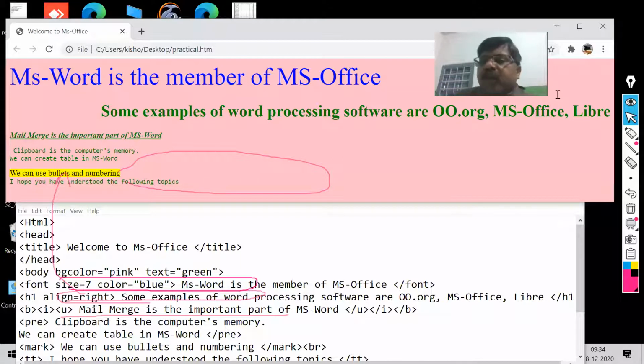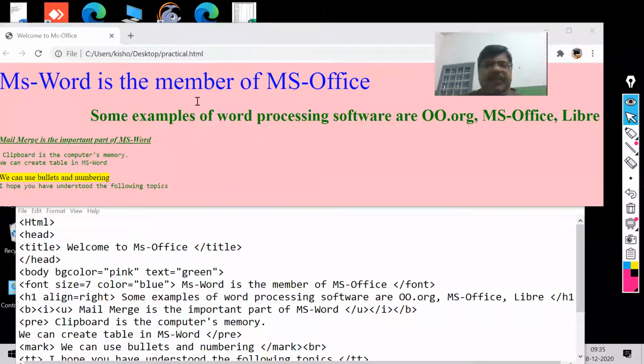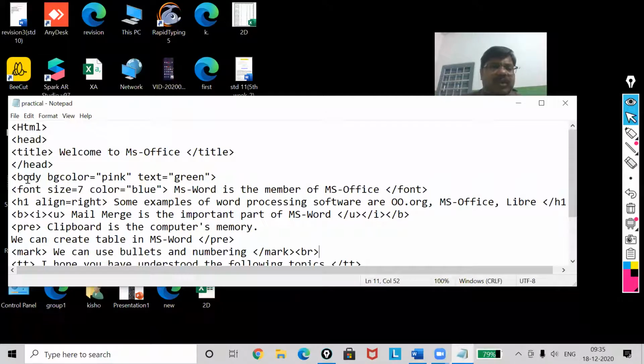Now I'm going to work on table, because table is also going to come in the practical examination. So I will give you a short summary of the table tag. Wait, let me close. Now see, I'm going to remove all these things.